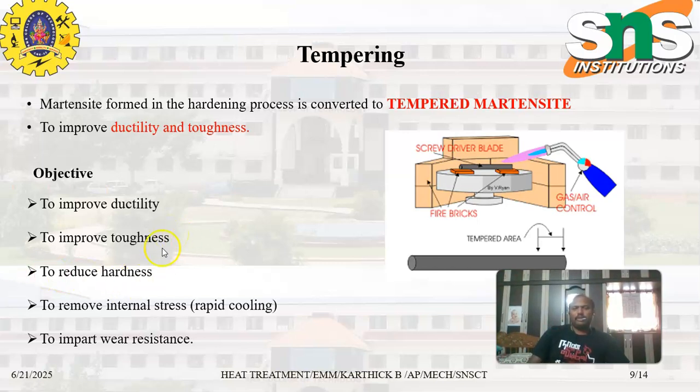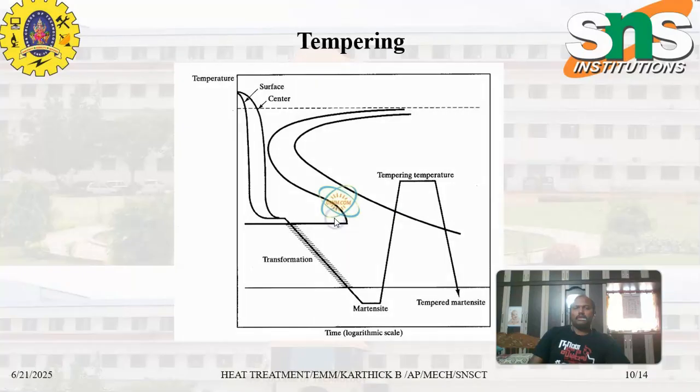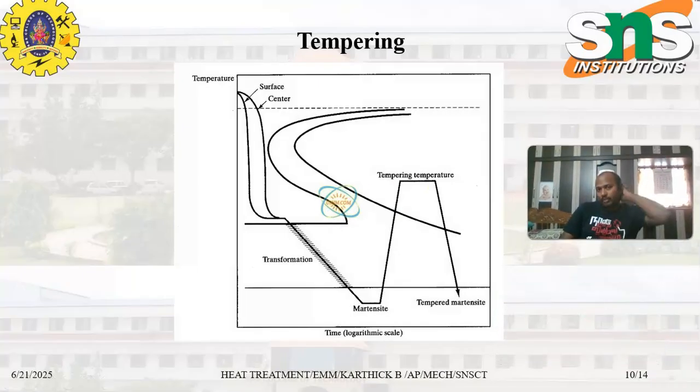So as usual, the main objective here is to remove internal stress, impart wear resistance, reduce hardness, not remove hardness, reduce hardness, and improve ductility and toughness. This tempered martensite is formed using this tempering process. So here you can see